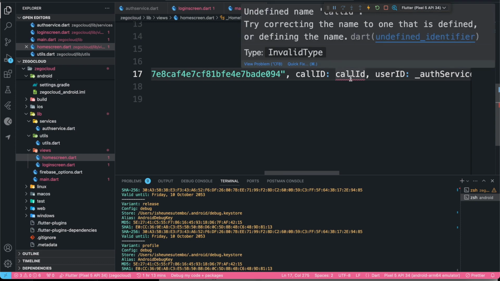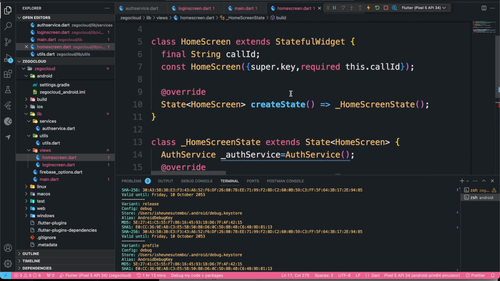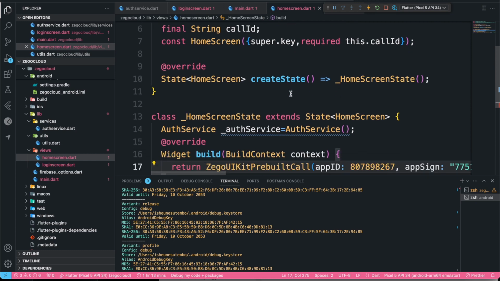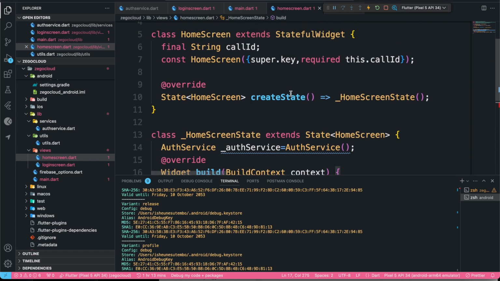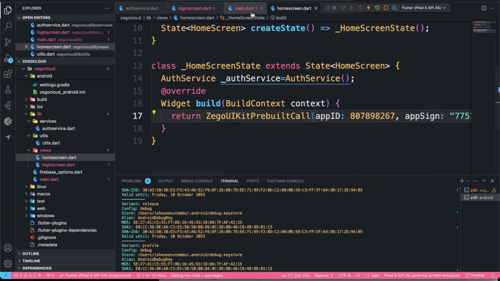So the call ID must be equal to the call ID. I don't know what's going on. Final string super dot. Why is it? Okay, I think I know why. So we just need to pass widget dot call ID. Okay, so now that we are done,